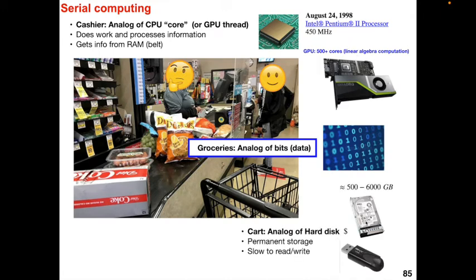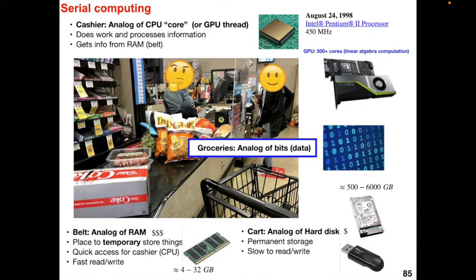The cart is like the hard disk. This is long-term storage. You would store the groceries here for an extended period of time, and then when they're ready to be processed by the processor, they get moved from the long-term storage to the memory, which is the RAM. So the belt is like the analog of the RAM. Things just sit in the cart. They don't really do anything there, but they can sit there for an extended period of time. But when they're ready to be used, they get moved to the RAM, and then they get processed by the processor. And the long-term storage is held on disks, so hard disk or solid-state drives such as flash drives,